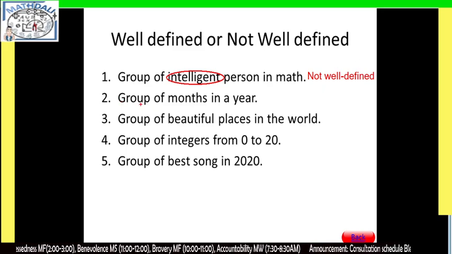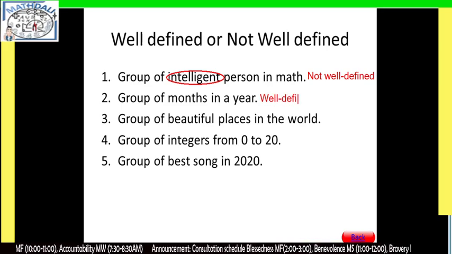Next, the group of months in a year. Do you think this is well-defined or not well-defined? Definitely that is well-defined. Bakit naman to well-defined? Kasi nga, pagka ililist down natin yung months in a year, we definitely arrive with the same set.